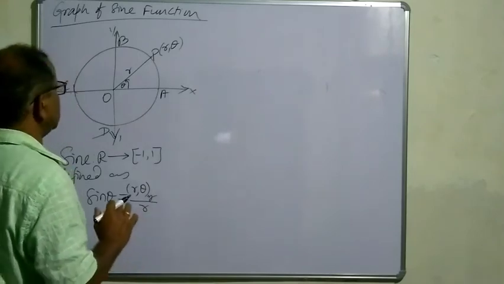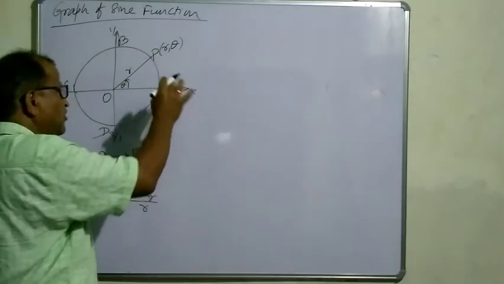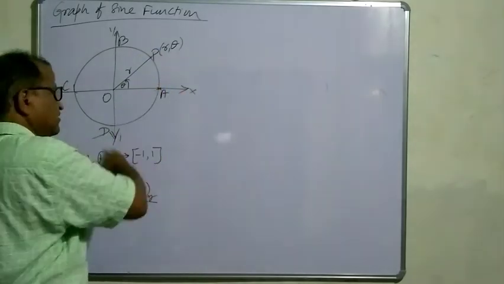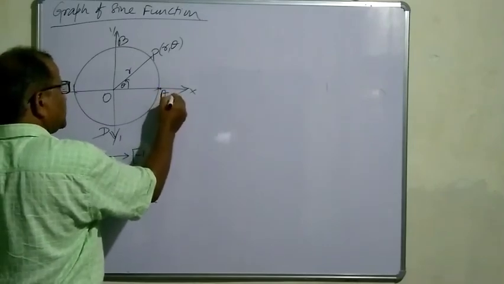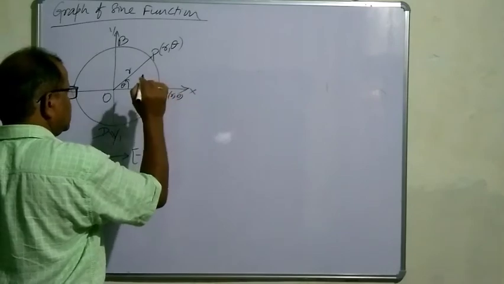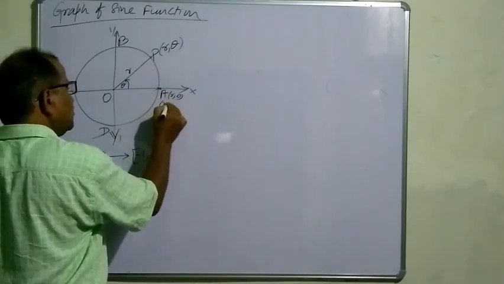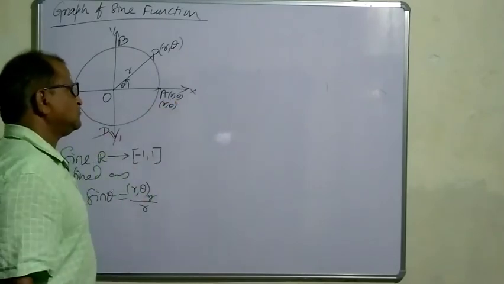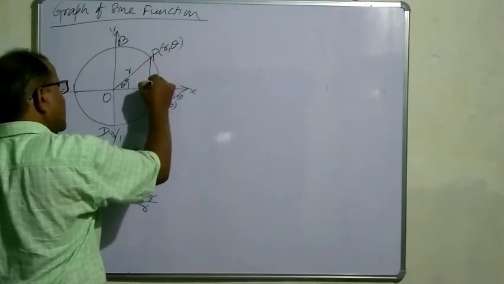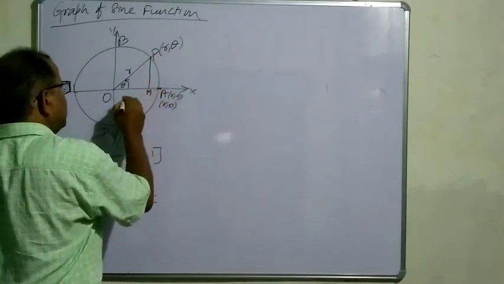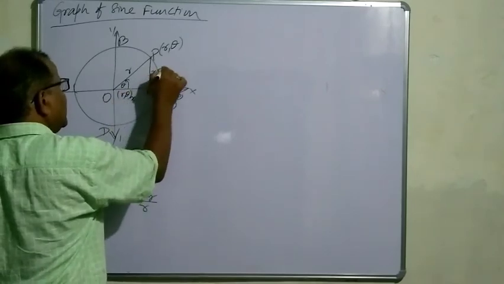Let us observe the nature of this function. If the point is at A, what will be its Cartesian coordinates? Its polar coordinates will be r, 0, and its Cartesian coordinates are also r, 0. Let us drop a perpendicular, say at M. This was our r theta x and r theta y.